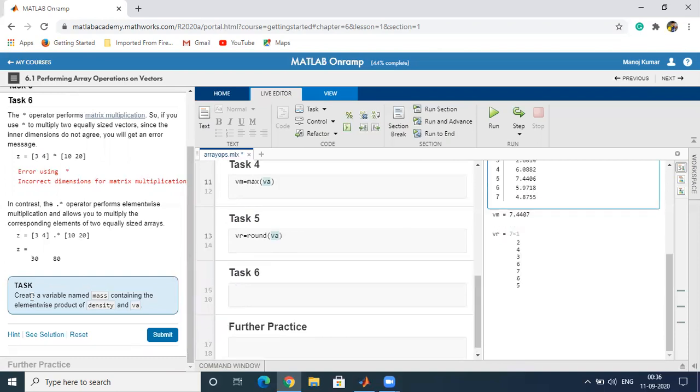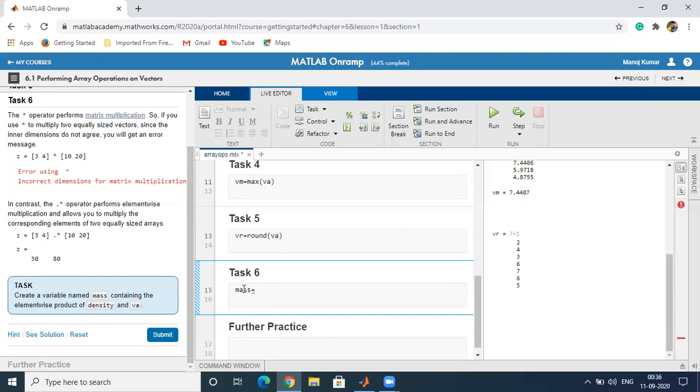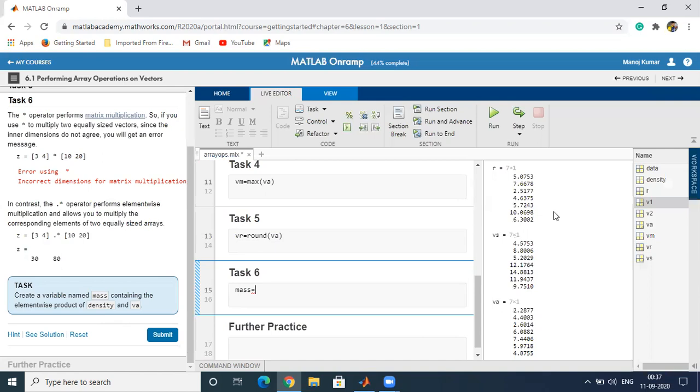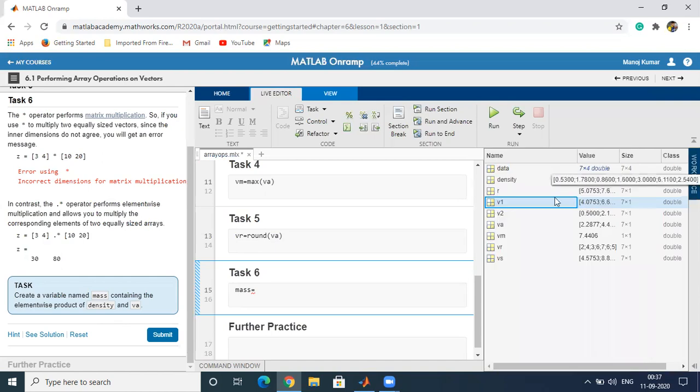The task is to create a variable named mass that contains the element-wise product of density and VA. Density is a vector and VA is again a vector. You can see here VA is a vector of 7 rows, 1 column. Similarly, density is also a column vector of 7 rows, 1 column.